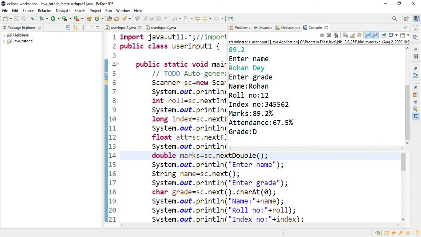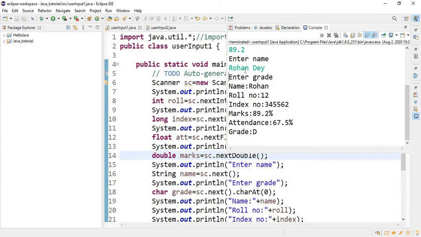So our string will store only Rohan. Just after string input, we had used the character input using sc.next().charAt(0). So our cursor was waiting here. The next string was De, and since we had used charAt(0), it has taken the first character D as our input in grade. So this is how next works.